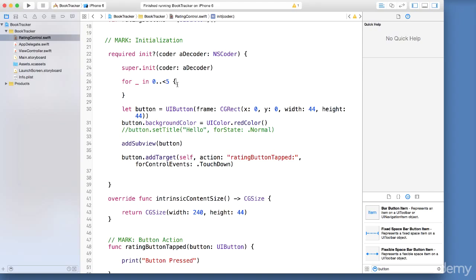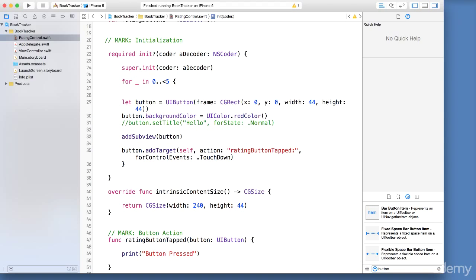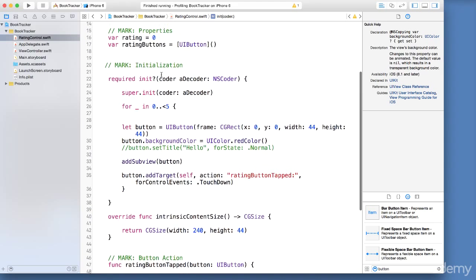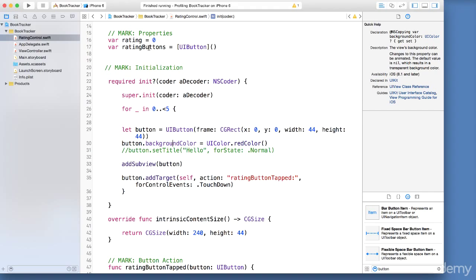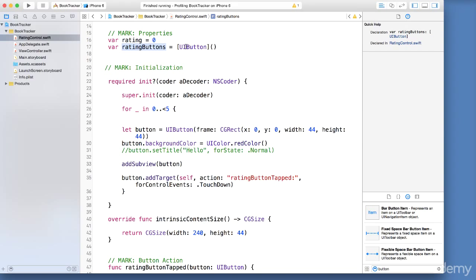What we're saying here is that our statement inside of our for in loop will have to be called 5 times. So if we actually take that last brace there and put it there, which means that we are including all of this inside now, all of the button creation will run 5 times, therefore creating 5 buttons. We know we have created here our rating buttons array, which is going to be an array of buttons.